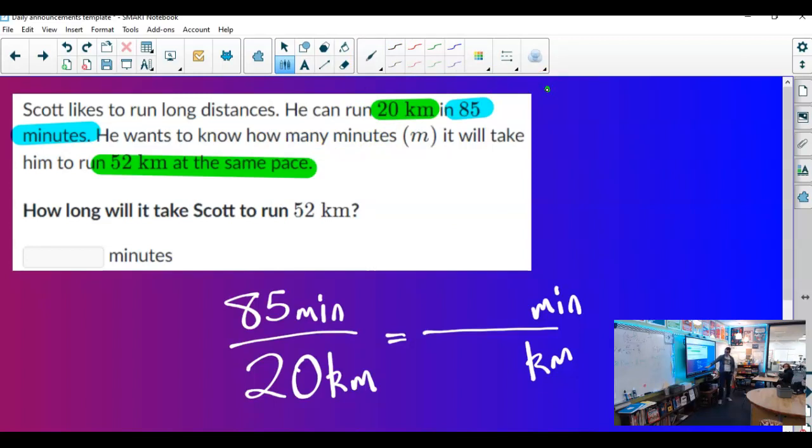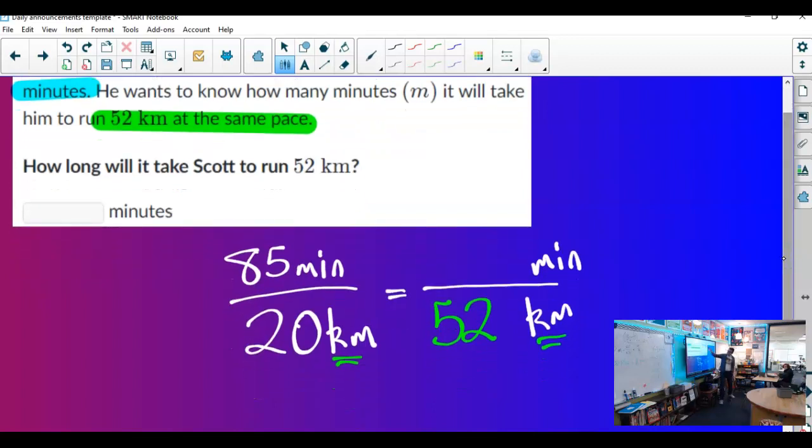I put kilometers on bottom, so we have to keep kilometers on bottom and put 52 right here. Does that make sense so far? We don't know this, although we can figure it out without too much effort. If we don't know what to multiply by, divide. So 52 divided by 20,